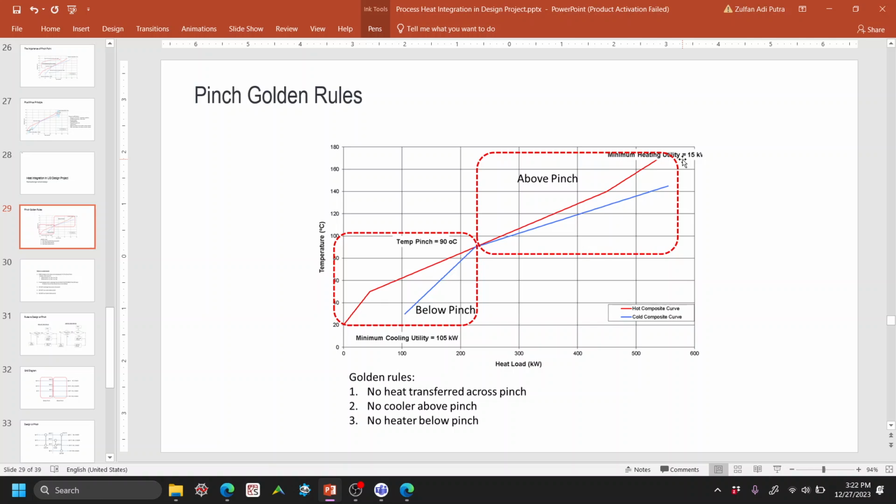So once we fix some process modification, we design the heat exchanger network accordingly. So there are these pinch golden rules, which I think you know already. If not, these are the pinch rules. So there should be no heat transfer across the pinch. So heat from this region, from this stream, cannot be transferred above the pinch, because if you take this out,